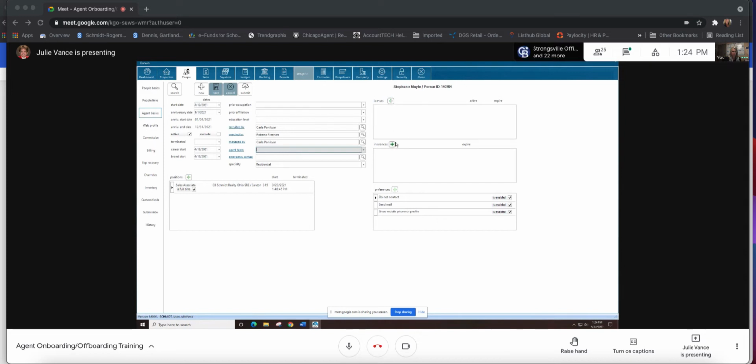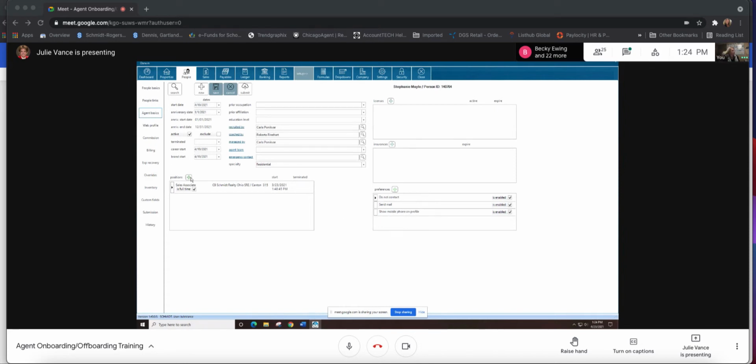Licenses and insurances, if you choose to put that information in there, that's fine. Again, we're not concerned about it. The preferences here, we always like to see those boxes checked. You do have to go in individually and check each one for it to hold the information in there. And again, I'm not quite sure, this is something to do with Dash, whatever feed it affects in Dash. So that's why we always like to make sure that those are all